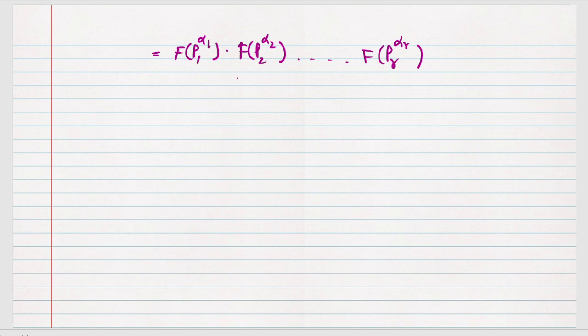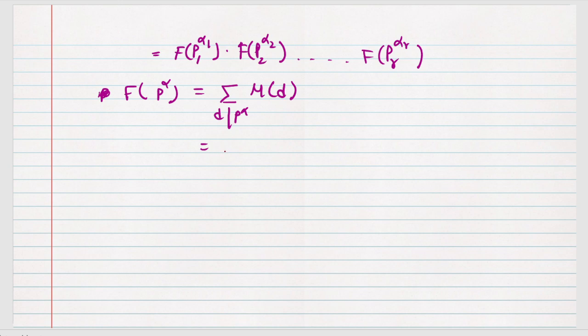Here p1 alpha 1, p2 alpha 2, pr alpha r are all powers of distinct primes, so we take, for any alpha, F of p to the alpha. That means it is the summation over d dividing p to the alpha of mu of d. We can define it as in our last lectures on the tau and